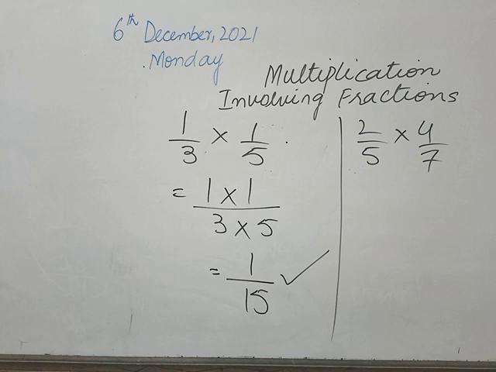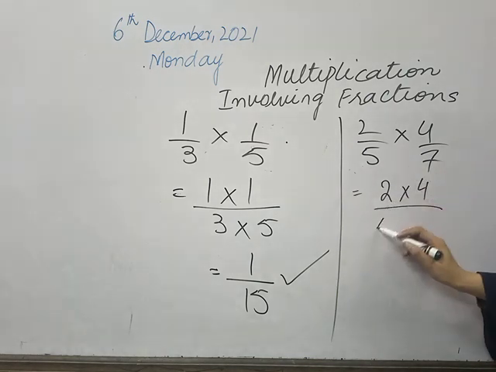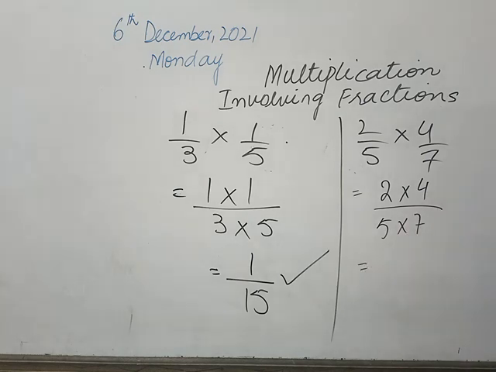Now I am going to multiply 2 into 4. 2 multiplied by 4 and in the denominator we have 5 into 7. So after solving, 2 into 4 is 8 and 5 into 7 is 35. So class we have 8 by 35. ये अब कट हो सकते हैं 8 by 35? No, because both are different. Both will not be cut on the same table. दोनों एक same table पे कट नहीं हो सकते. So we will leave it here.